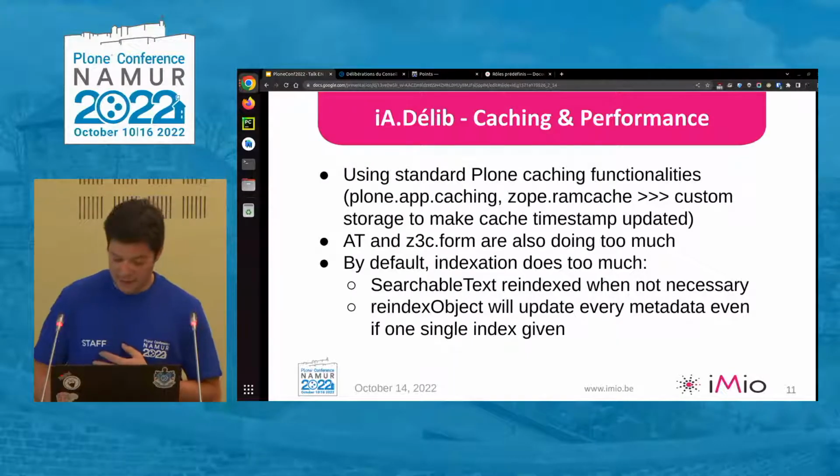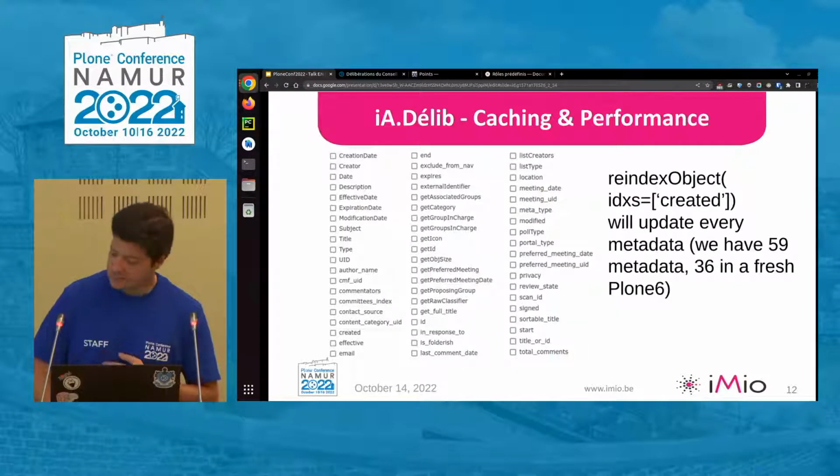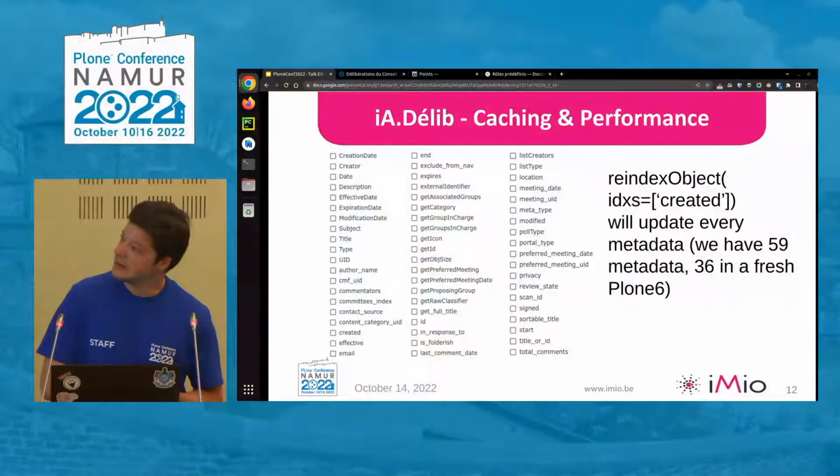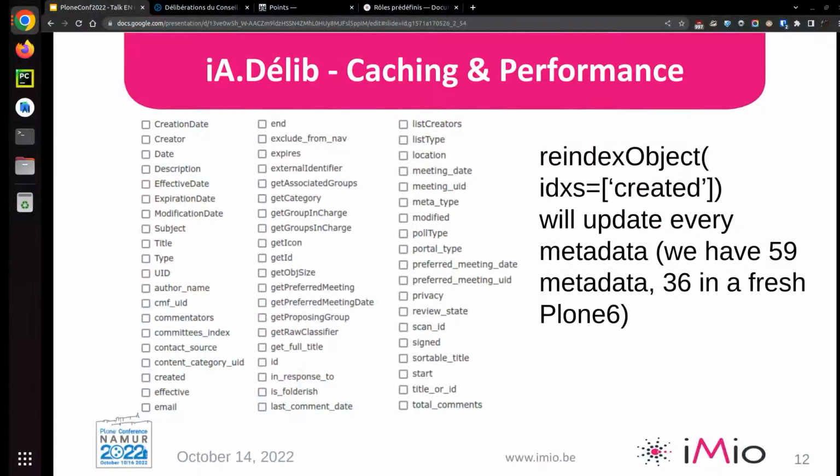For example, here are the metadata that we use. By default, there are 36 metadata in Plone 6. Here we have 59. But a problem we see in Plone by default is that when you reindex an object, it will update every metadata. So even when you reindex a single index, let's say the created index, it will by default reindex every